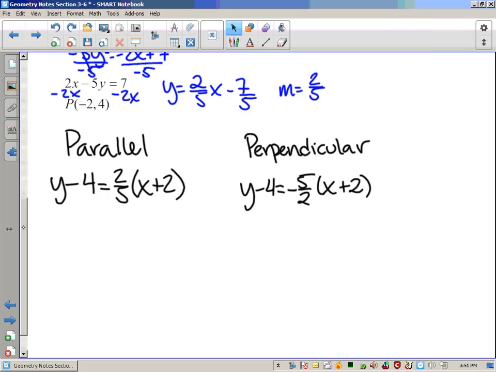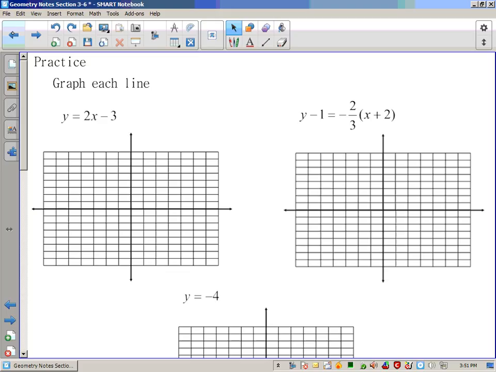Okay? So all we've talked about today is writing equations of lines in y equals mx plus b, which is slope intercept, and point slope form, which is what I just did these problems in. Also talked about graphing. Okay, so you practice these problems in graphing. We need 2 points, unless it's a vertical or horizontal line. Those are really easy. If they're in y equals mx plus b, y-intercept, slope. If they're in point slope form, you can figure out what the point is, start there, and then use the slope. Or like I said earlier, you can get it in